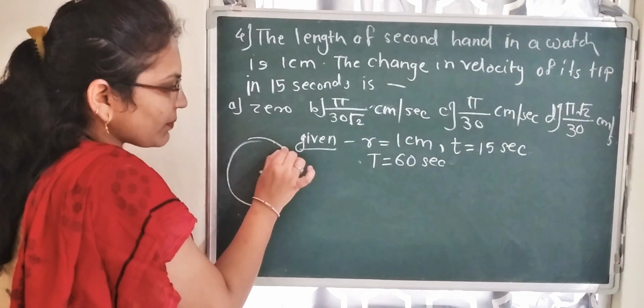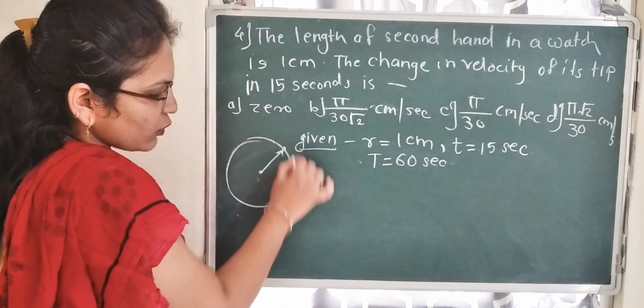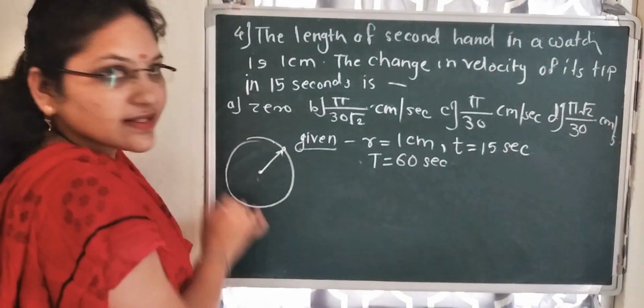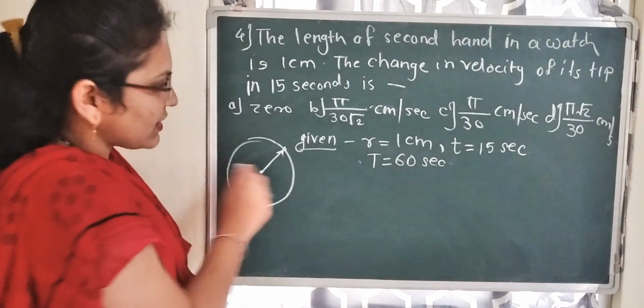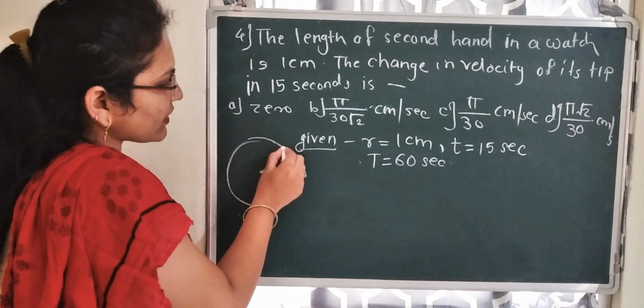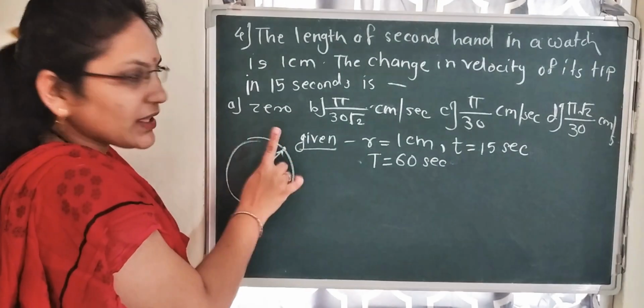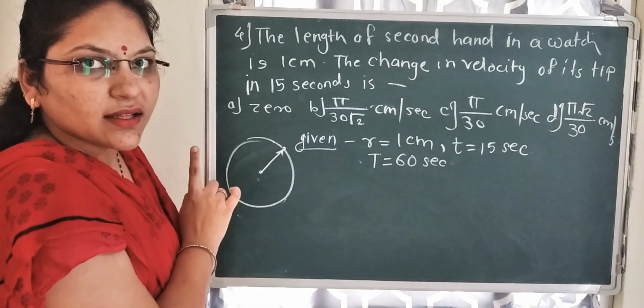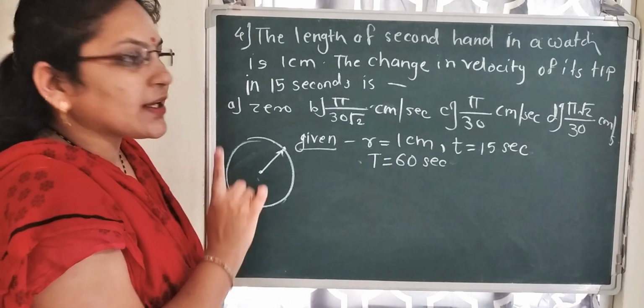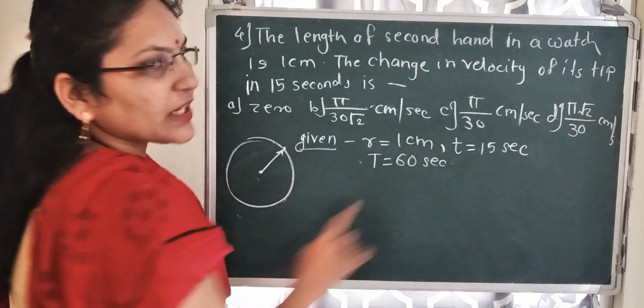So if the motion is started in clockwise direction, it completes one revolution in 60 seconds, and in 15 seconds,